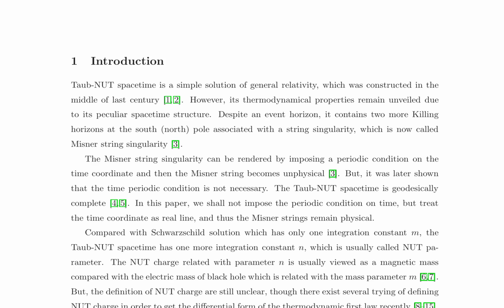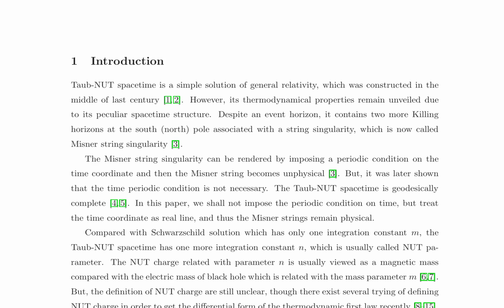Taub-NUT spacetime, a simple solution of general relativity, has remained understudied due to its peculiar spacetime structure, featuring 2 additional Killing horizons associated with a Misner string singularity. Despite the singularity, the spacetime is geodesically complete and can be treated without imposing a periodic condition on the time coordinate. The Taub-NUT spacetime has 2 integration constants, m and n, where n is related to the nut charge, often